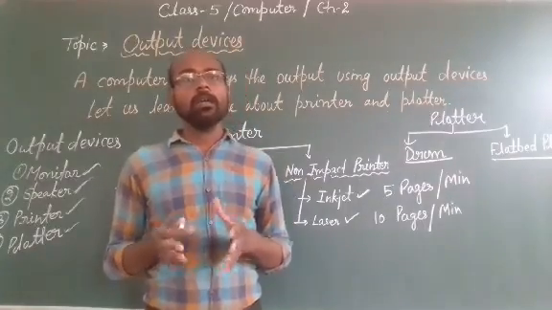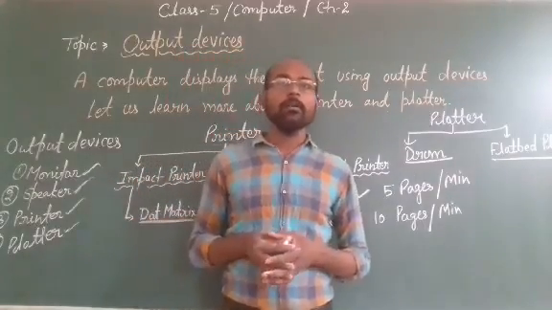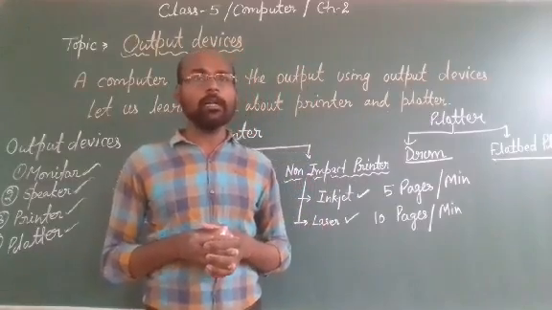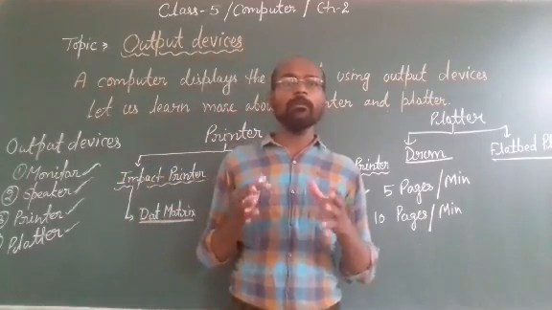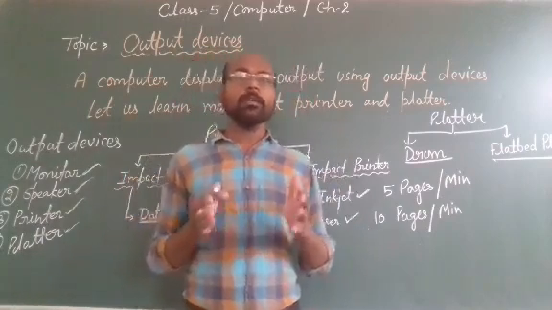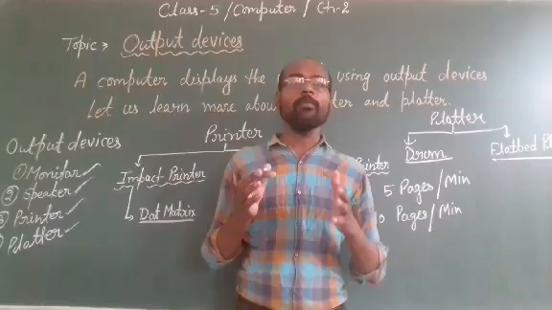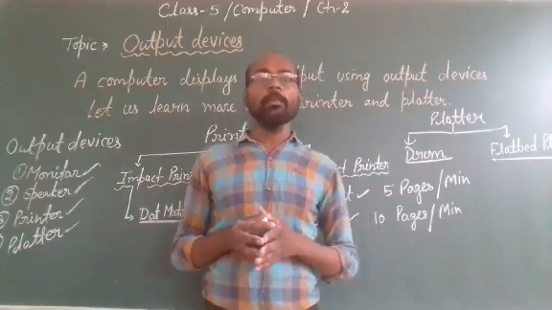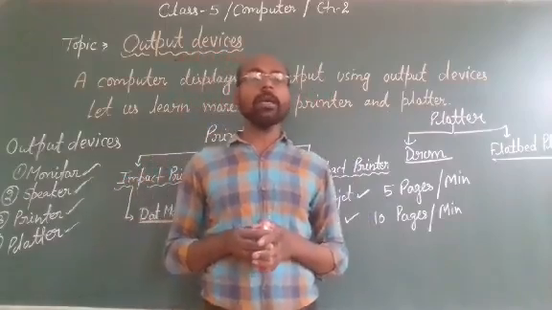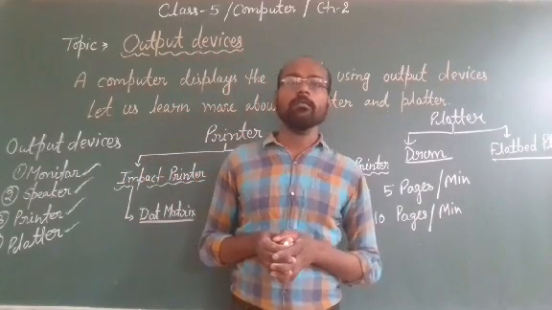There are two types of plotter, drum plotter and flat bed plotter. A drum plotter is a type of plotter in which paper is wrapped around a rotating drum with a pin feed attachment. During printing, the drum revolves while the actual pen does the printing. A drum plotter is also known as a roller plotter.